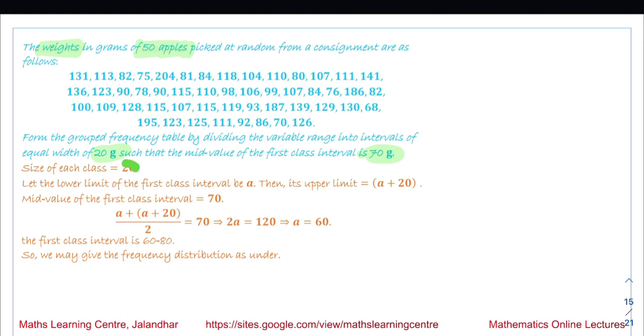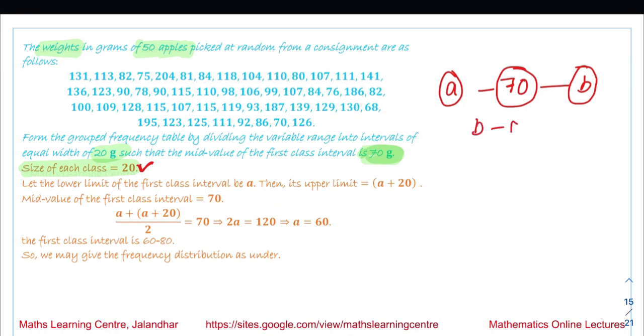So the class size that is given to us is 20, and the mid value of the first interval is 70. So what it means, if 70 is the mid value over here and class size is 20. Suppose the lower limit and upper limit we are talking about are A and B, and their mid value is given to be 70 and class size is given to be 20. So what is given to us is B minus A is